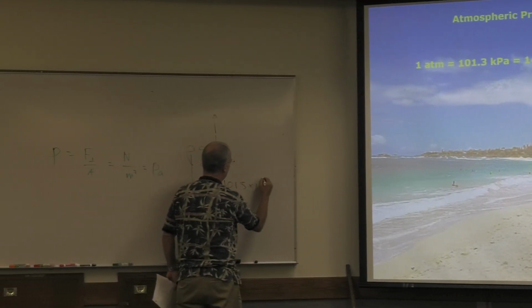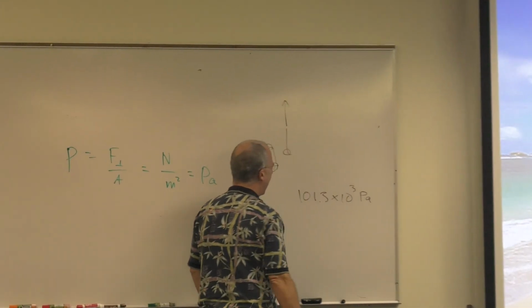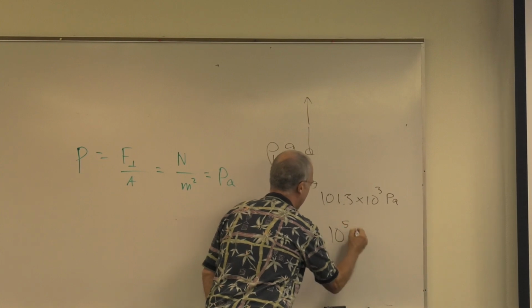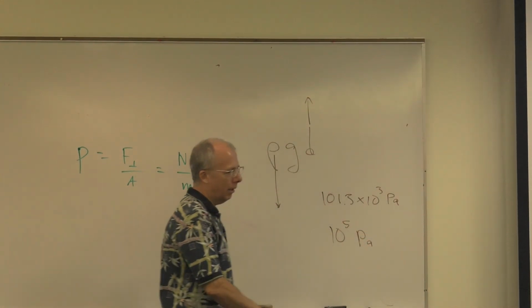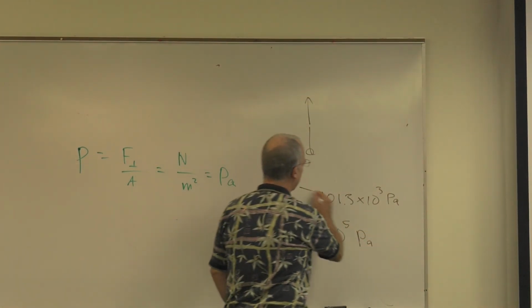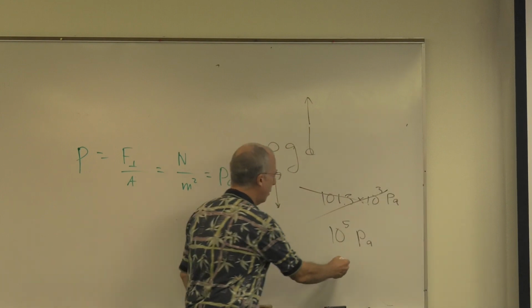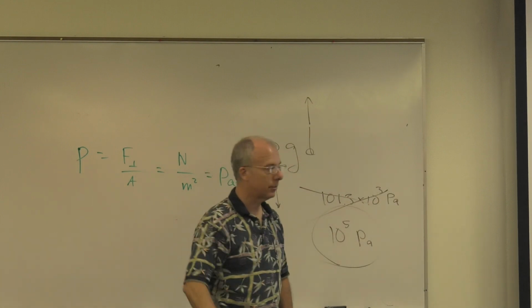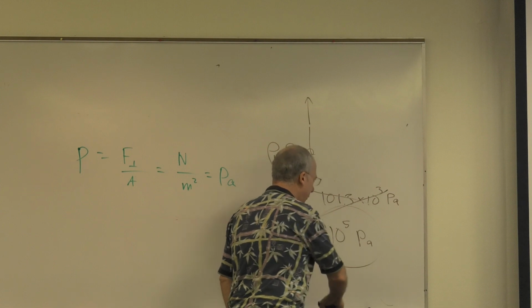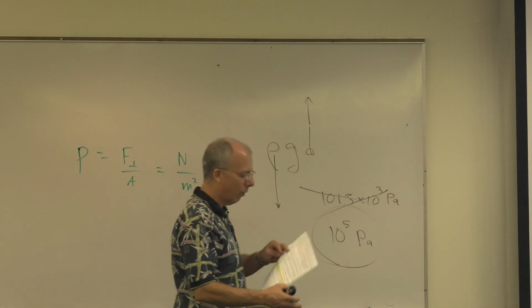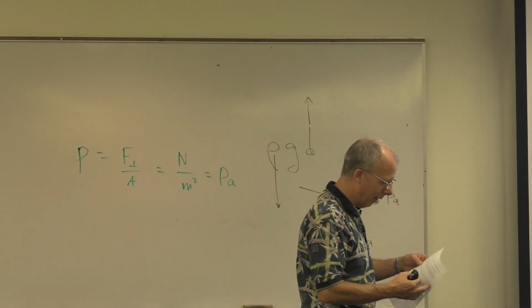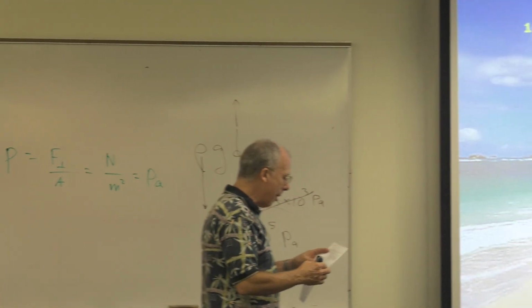Now, come on. 101.3 times 10 to the third pascals. That's basically 10 to the fifth pascals, right? So the way I look at it, I don't care about the 101.3. I'm just going to use 10 to the fifth and be happy. If you'd like to use 101.3 times 10 to the third, go right ahead. But I'm not going to bother. All right? Now remember,